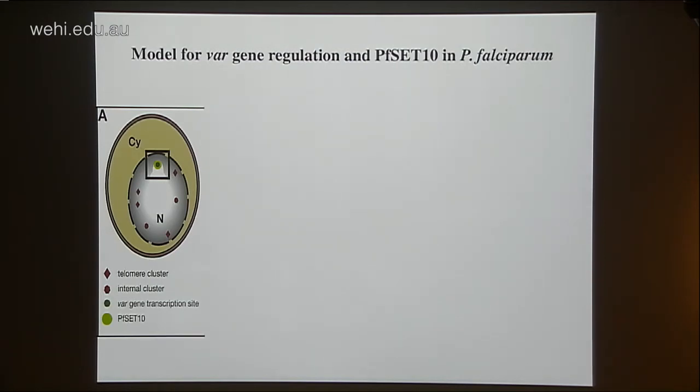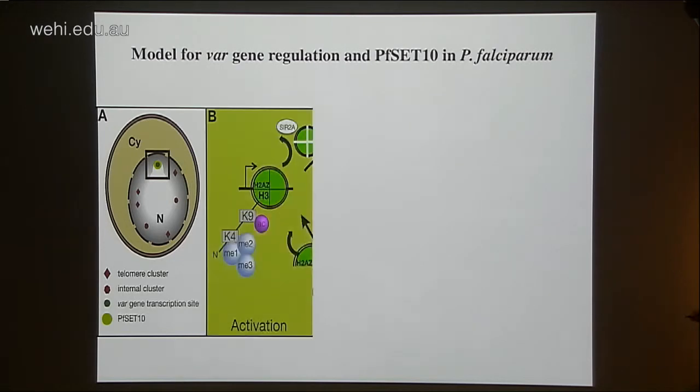So the first layer of regulation of VAR gene silencing and activation is positioning within the nucleus. We know that all VAR genes are positioned at the nuclear periphery, that all but one are positioned within the heterochromatic portion of that nuclear periphery and silenced. One is within the euchromatic region and active, and in order for it to be silenced, it has to move into this region here. In order for one to be activated, it has to move into this region here, and that involves actin polymerization. Activation, we know that